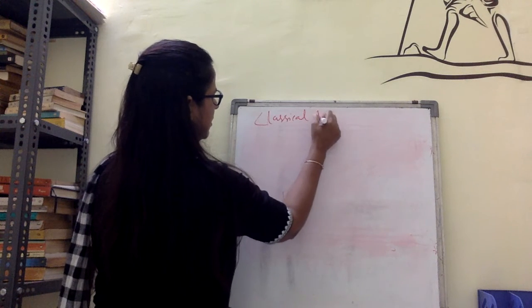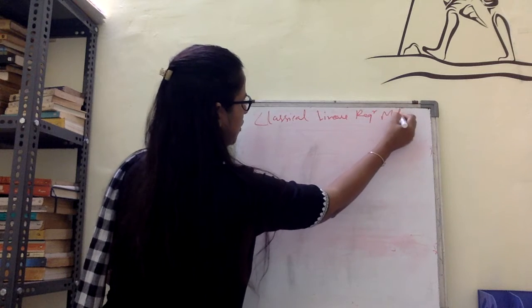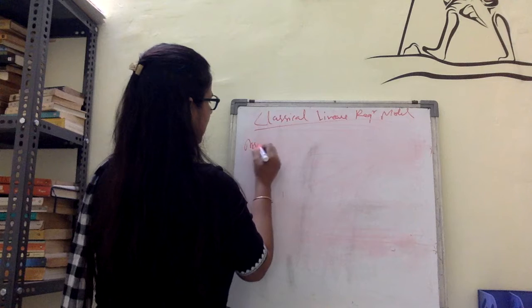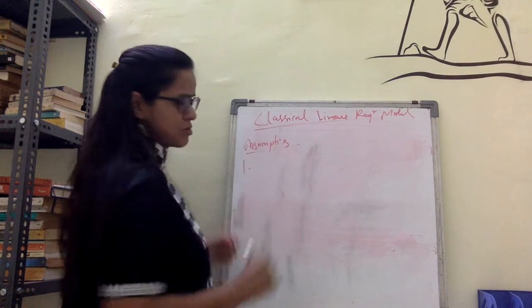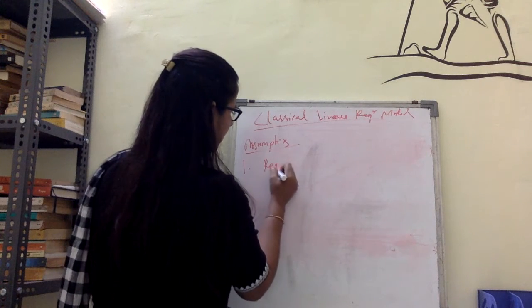Classical linear regression model, which I just mentioned, and assumptions. So what is the first assumption? First assumption of this model is that the regression model